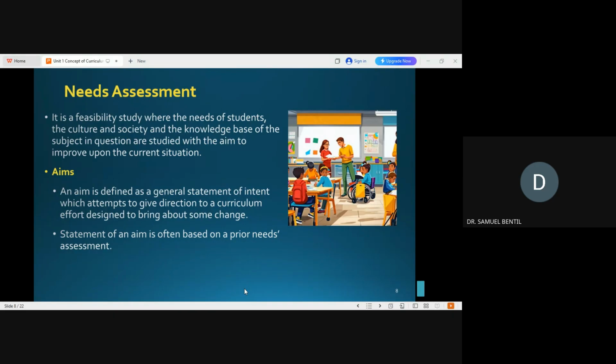So we want to do an investigation to see what ought to be. What ought to be is that society wants children to graduate and become responsible citizens. But here's the case: they are graduating and they are not getting jobs. What is currently prevailing is that there is a lot of graduate unemployment. So the gap between what ought to be and what is currently prevailing is what we term situational analysis, the difference. And that becomes the fulcrum or the focal point for the investigation, review and the design of the new program. Are you getting a picture?